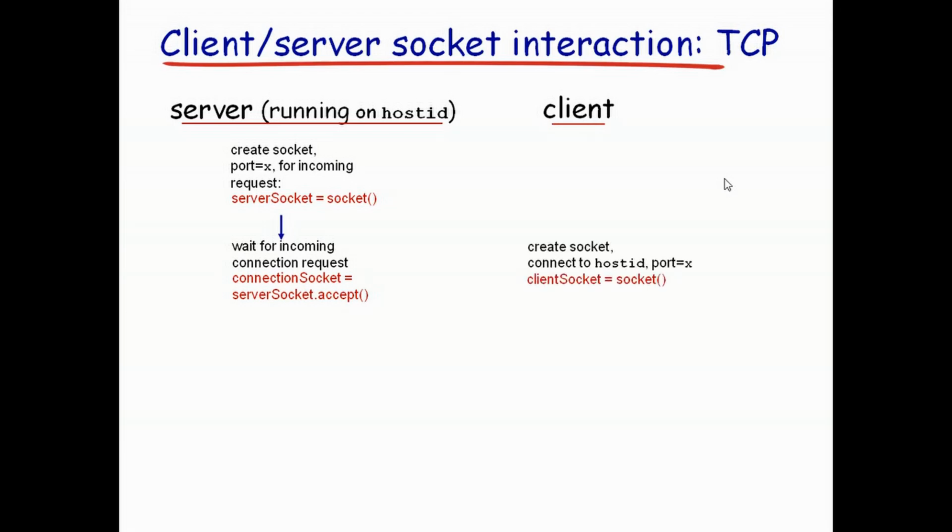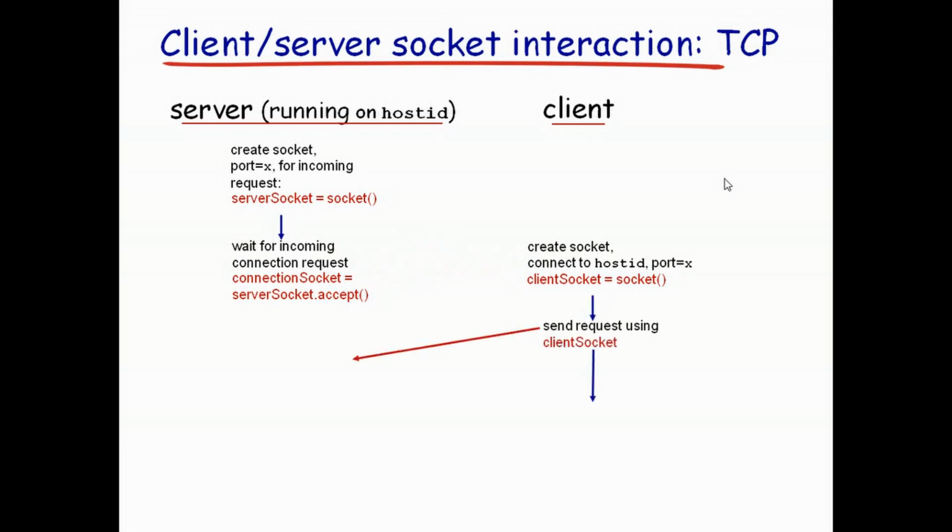On the client side also, one socket has been created and it is connected to the host. One difference between TCP and UDP here is that in TCP we have a connection. That means while creating the socket itself, we give the server's IP address and the port number. Whereas in UDP, we used to give the IP address as well as the port number in the packets. Here we do not mention any such things in the packet. So the TCP connection has been set up.